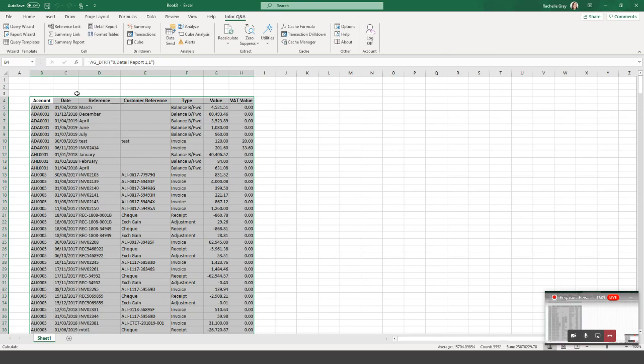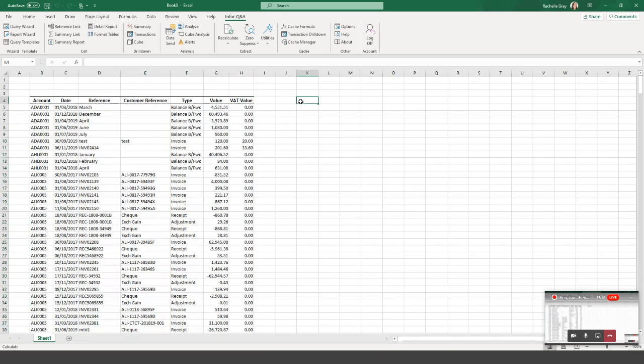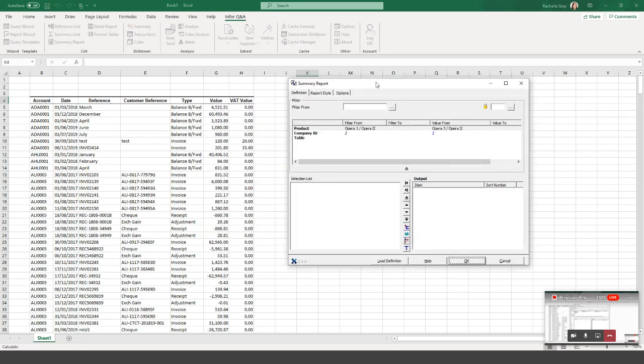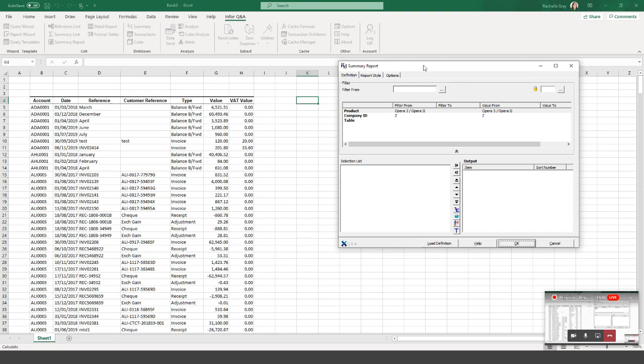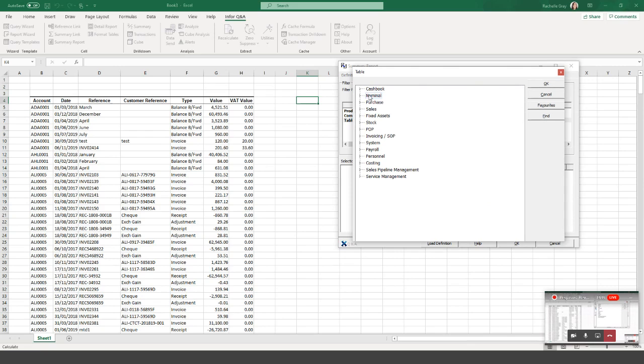But what I'm now going to do, having created a detailed report, so exported everything regardless of what information's in there, is show you the difference between a detailed report and a summary report. So I'm going to choose a different cell where I would like my report to start and select summary report. Now I will again get the exact same screen in terms of choosing my criteria and output. So I'm going to mimic what I had, double click on table to choose my module, expand the module I would like, and you will see a key difference here in that I can only access tables that have some